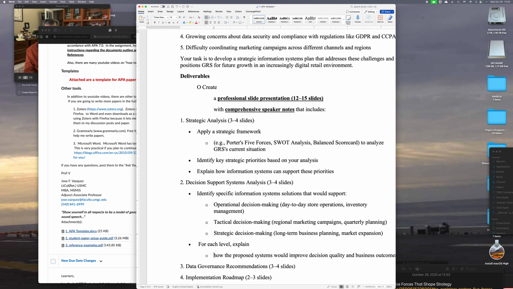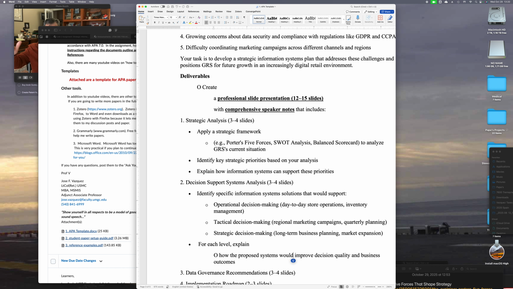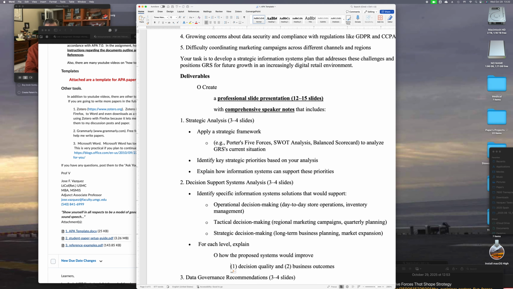And I'm gonna move it over, put the big O there too. It's basically a check mark that says, okay, I have to accomplish that. I gotta do the slides, one for operational, one for tactical, one for strategic. But now I have to talk on each one about how this proposed system on each section will improve decision making. And it's not just decision quality, but it's also business outcomes: one, decision quality, and two, business outcomes. So to me, those are two subsets of that question that need to be answered. Boom